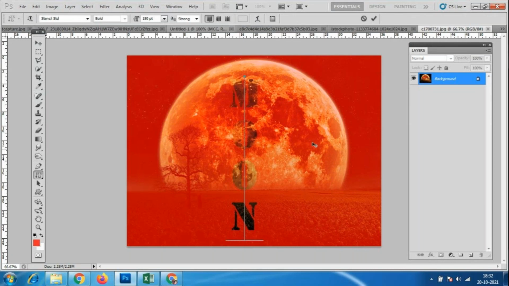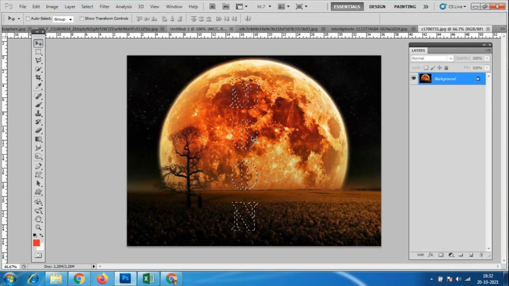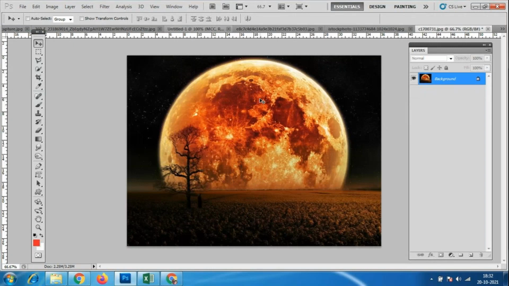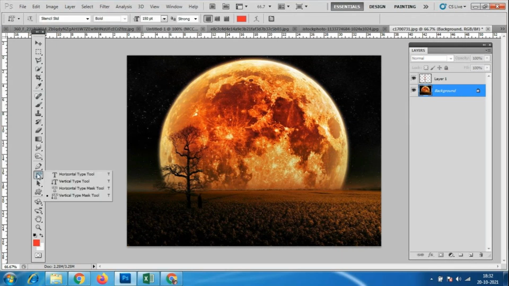So look here, Control J, which moves it to a different layer. Only this much we can add. Control J. Again I'll come back for this, and go to this horizontal type tool.